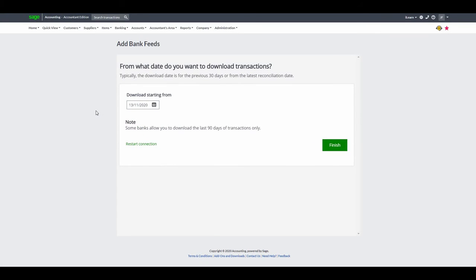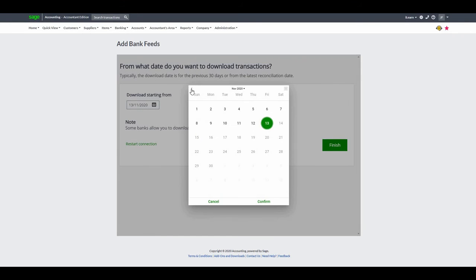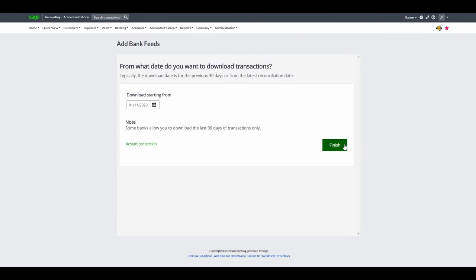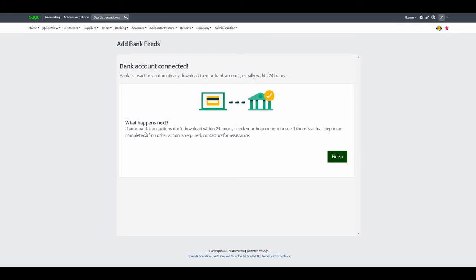And this is where that date that we checked earlier becomes important. So in my case, my last transaction actually imported on the 31st of October. So I'm going to select the 1st of November as my starting date. Once I click on Finish,